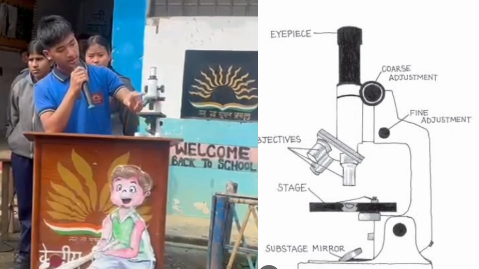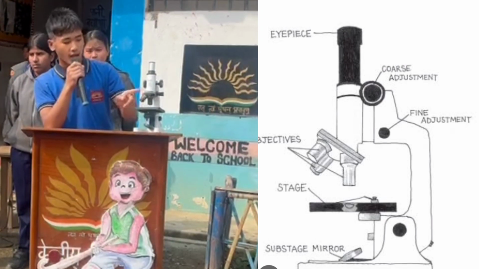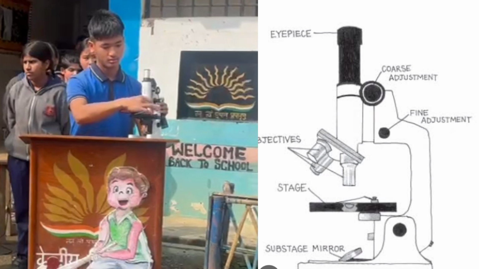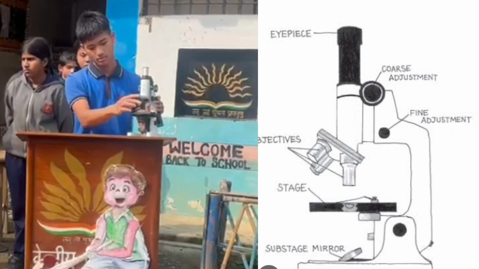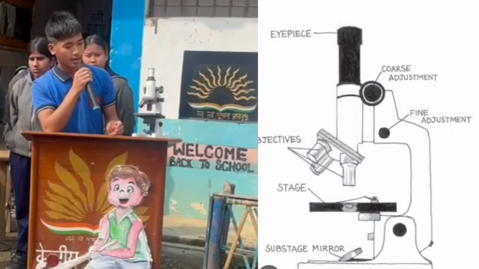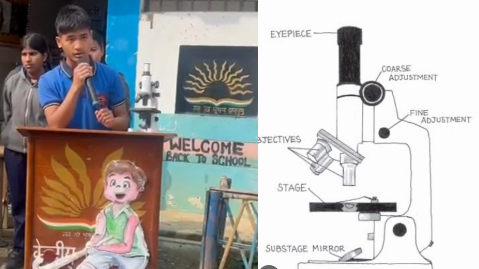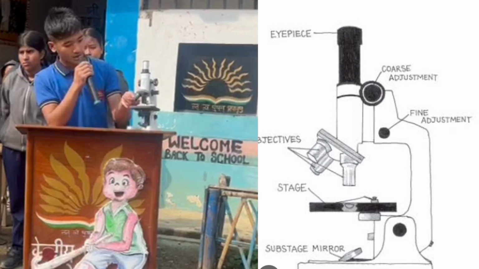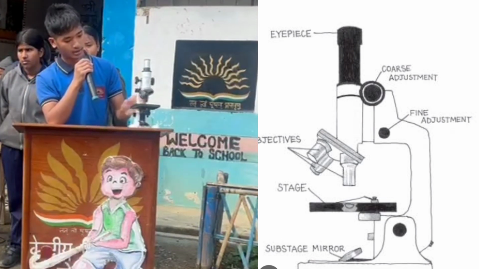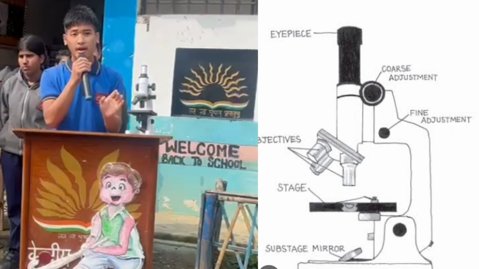So next, this circular part is called the rotating nosepiece, and it can rotate like this. We can rotate and adjust it any way, and its function is very simple. It allows choice of objectives. So what is an objective? Objectives are these two lenses. These two lenses you can see are of different magnification power, and they magnify the object which we want to see.